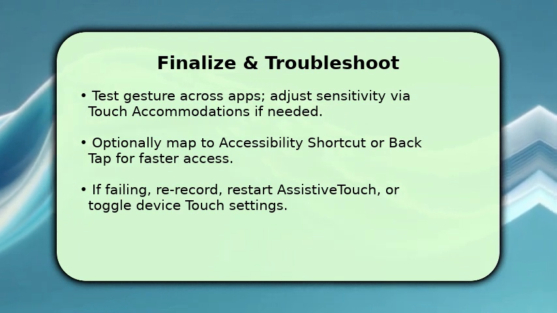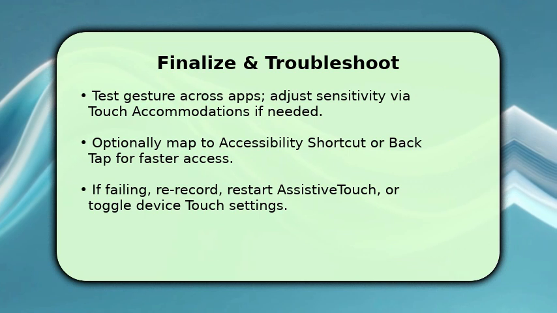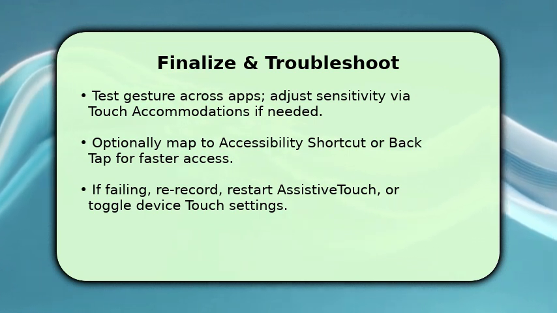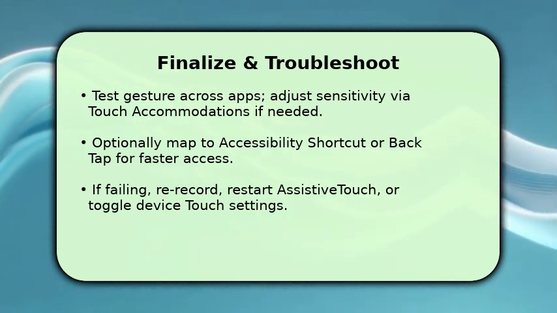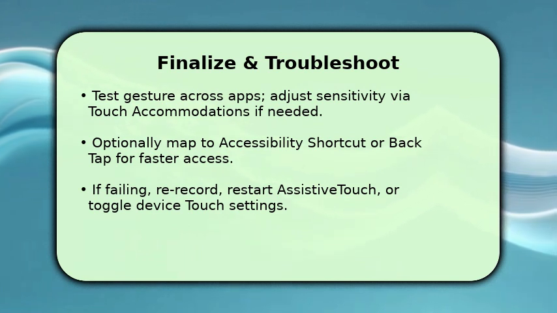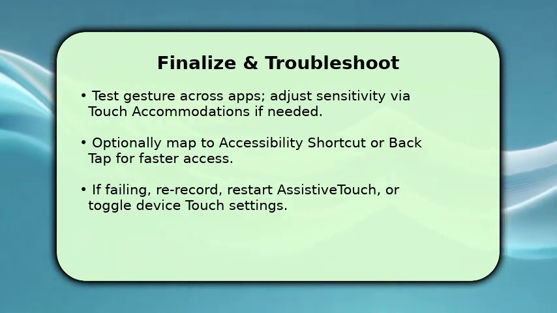shortcut for one-tap invocation. If the gesture misfires, re-record with more deliberate motions, restart AssistiveTouch, or check touch accommodations sensitivity settings. A key troubleshooting tip. If recognition remains unreliable,